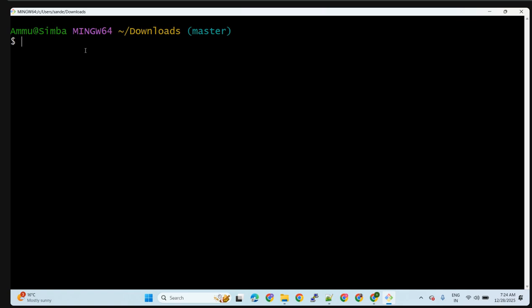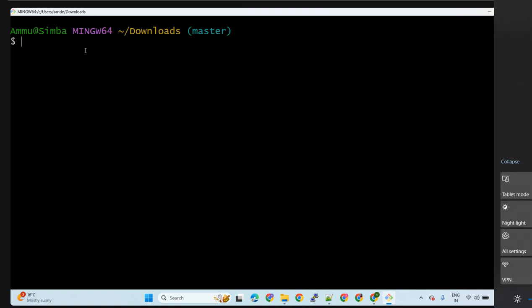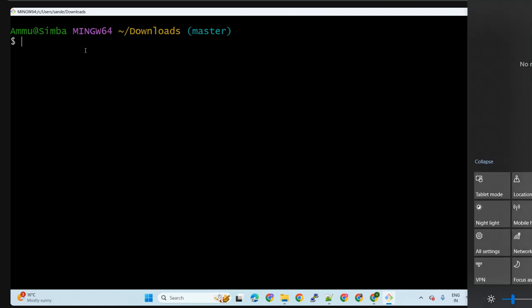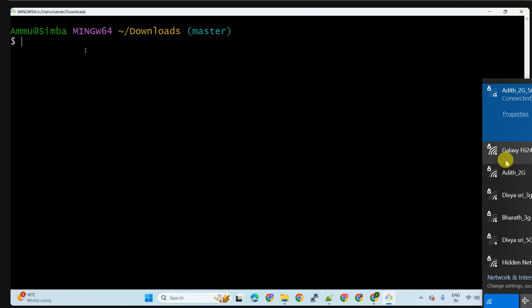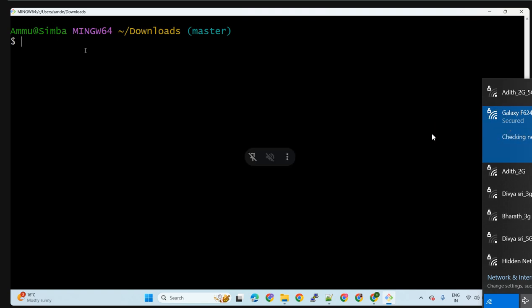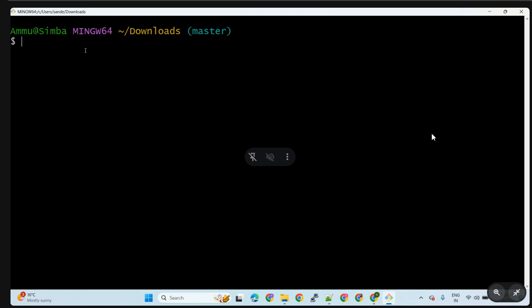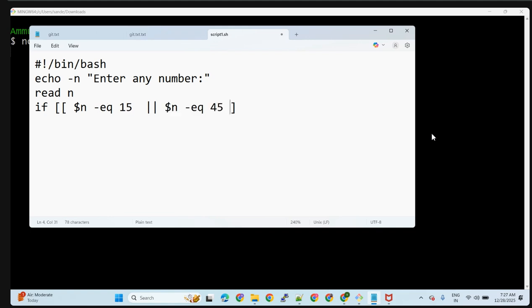If, I'll open two braces, dollar n equals to hyphen eq, because I'll be using numeric comparison operators, 15, and I'm gonna use dollar n equals to 45 and close the bracket. Then